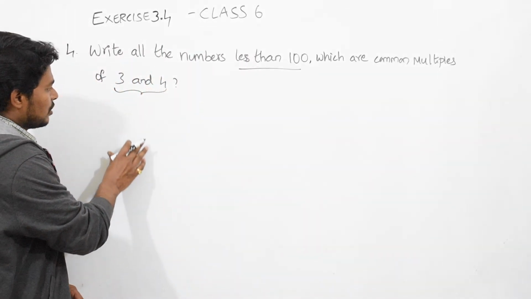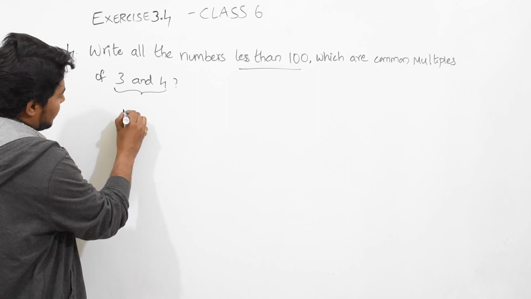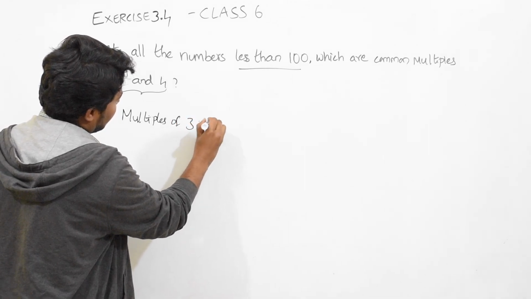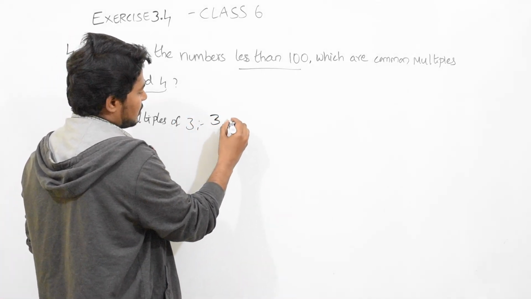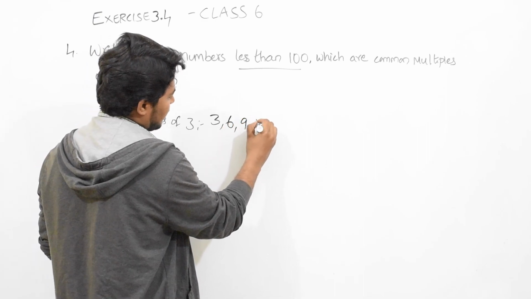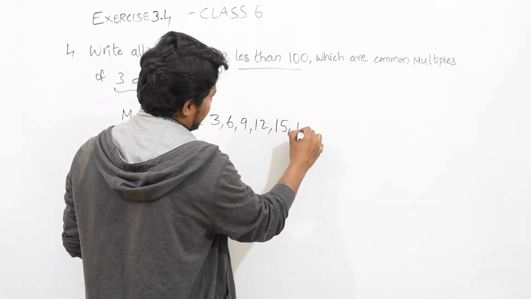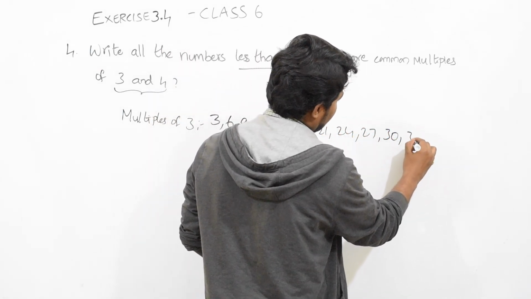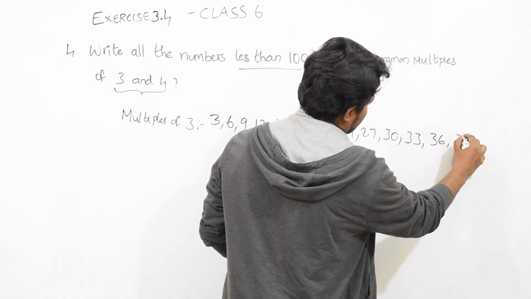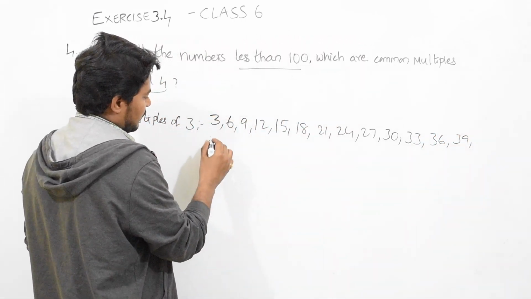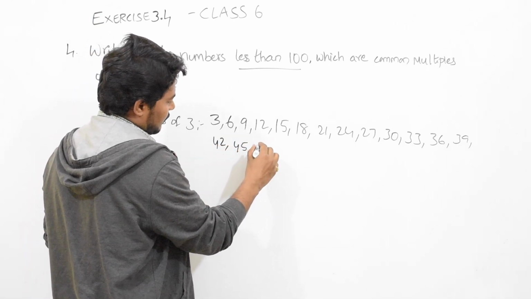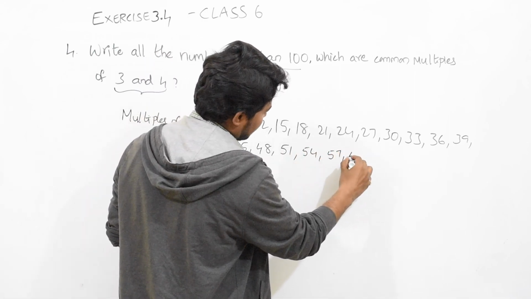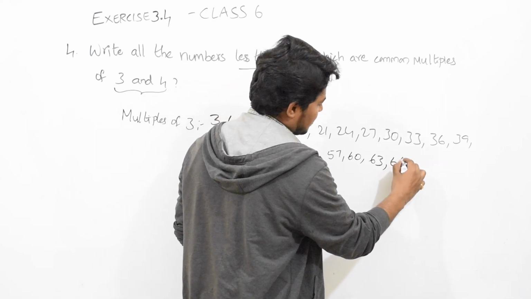So first we write multiples of 3. What are multiples of 3? 3 into 1 equal to 3. 3 2s are 6. 3 3s are 9. 3 4s are 12. Likewise 15, 18, 21, 24, 27, 30, 33, 36, 39, 42, 45, 48, 51, 54, 57, 60, 63, 66, 69,